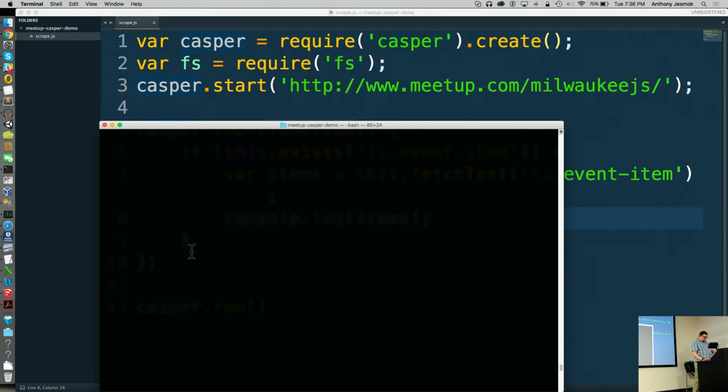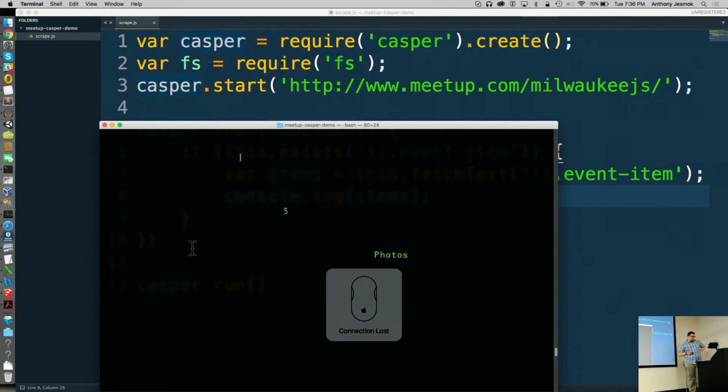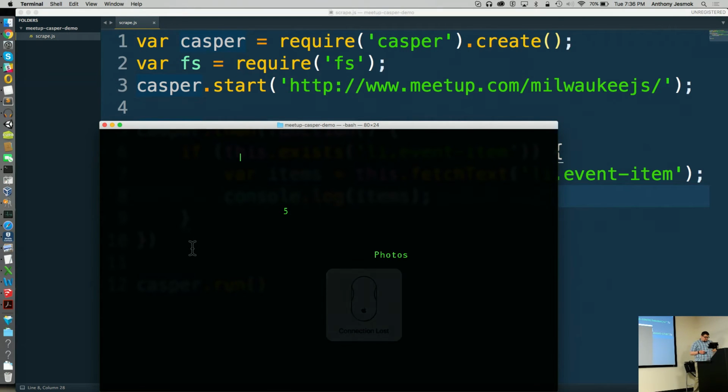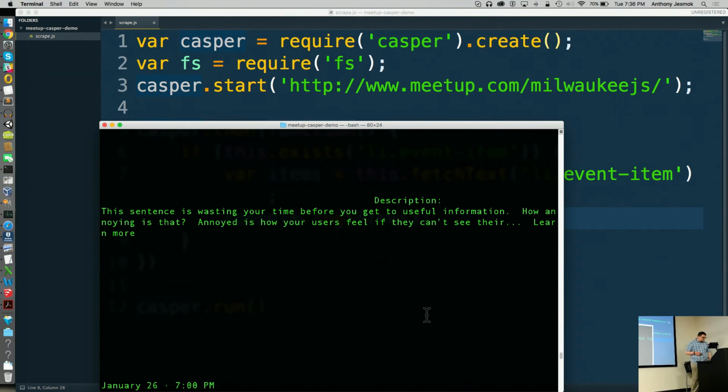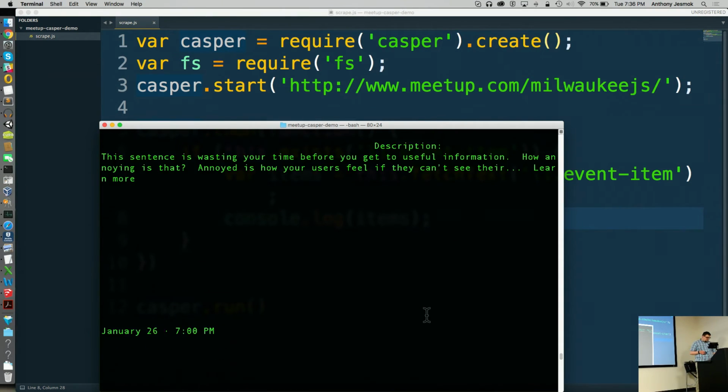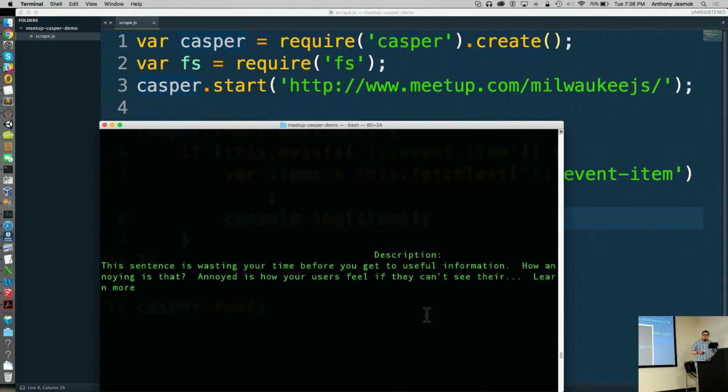So you see here, it spits out a huge variety of information that we can actually use. It's scraping the Milwaukee.js page, and it lost a connection to my mouse, and it regained it. And we can see in here, while there's a lot of spaces coming out, it is actually pulling our data.